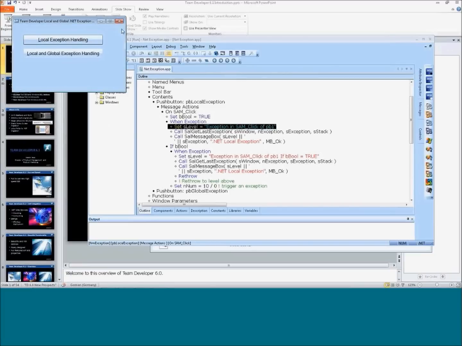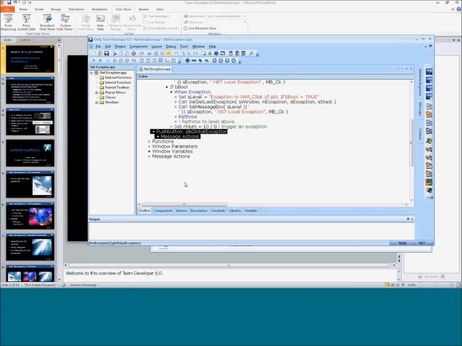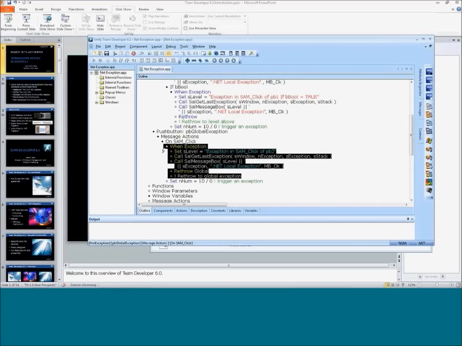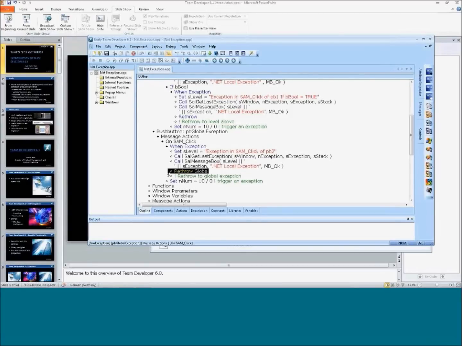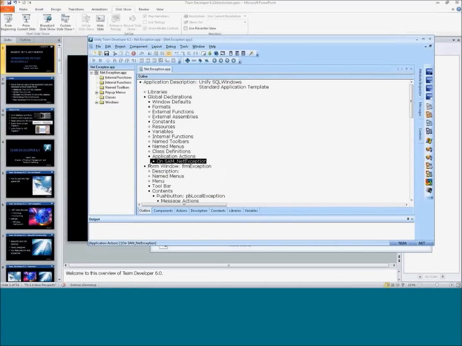And the other one actually, let's look at the code first, does it a bit different. When exception, it only has one level of indentation. And what I do here when an exception happens is I do a rethrow global after I did process and show a message. So when I do rethrow global, then you see application actions on .NET exception, I do open a global .NET exception error box. And if I try that again,